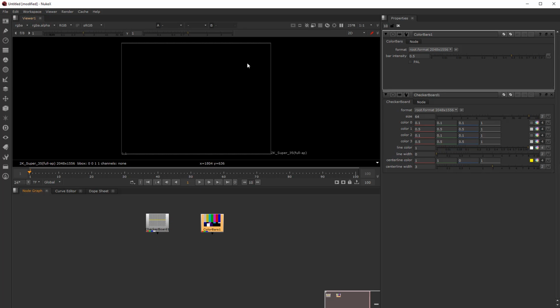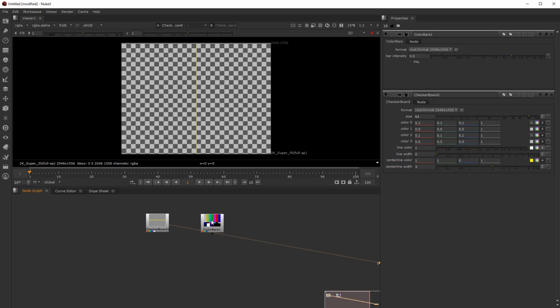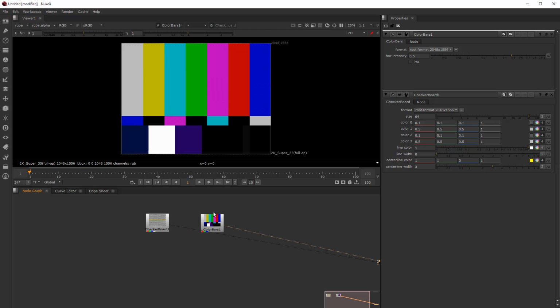And if I want to see the nodes in my display viewer here, I could just take the checkerboard and on the alphanumeric keyboard, press 1. And then I'll take the color bars here and press 2. So all across your alphanumeric keyboard, not your numeric keyboard on the right if you have one, but your alphanumeric keyboard, close to the escape key, is 1, 2, 3, 4, 5, 6, 7, 8, 9,